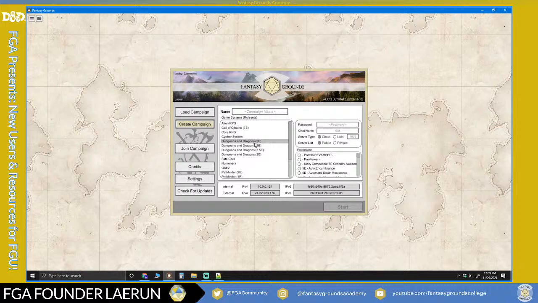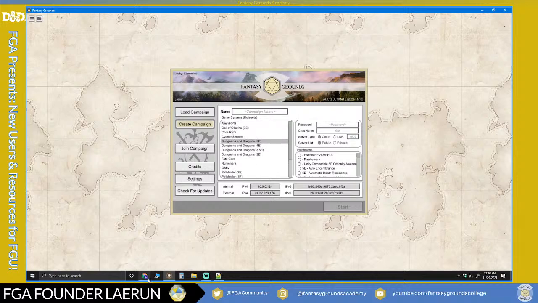There are all kinds of different rule sets that are supported in Fantasy Grounds, but the main ones are D&D, Pathfinder, Savage Worlds, those things. But there are tons of others that are supported. You have Vampire the Masquerade. You have the newer Pathfinder for Savage Worlds. There's a custom rule set, this is the Old School Essentials that was built by the community. So you not only have the standard rule sets and all the popular ones, but there are also some community ones that are being developed by people in the community.